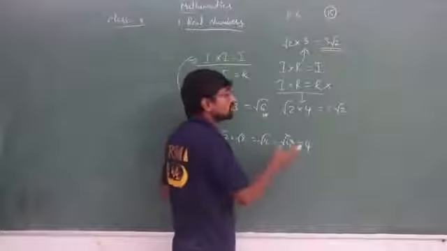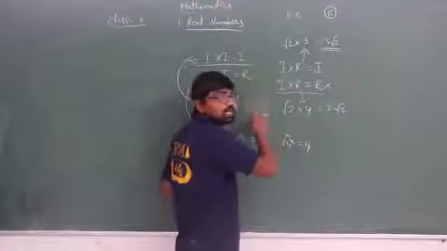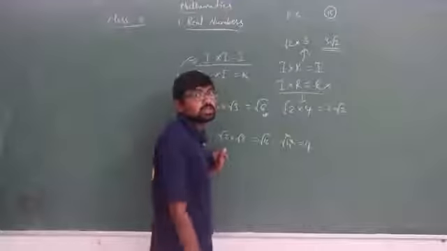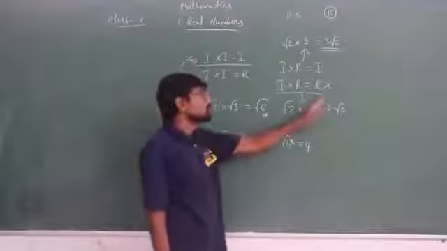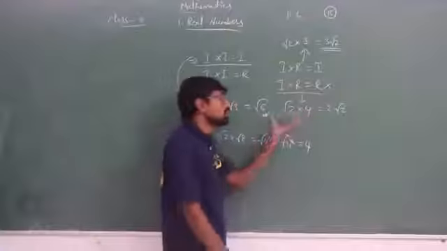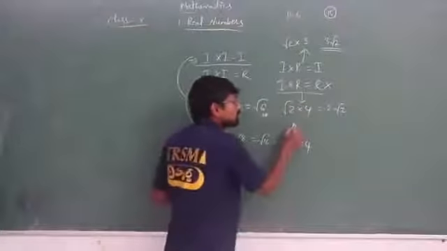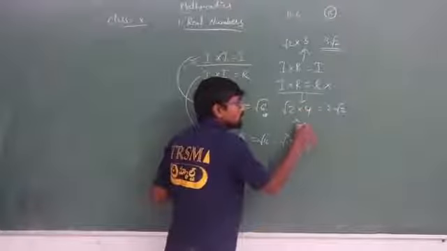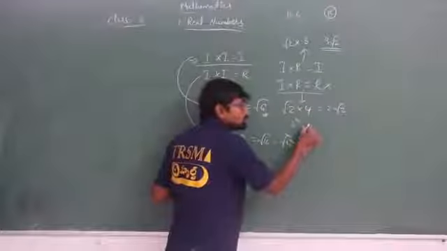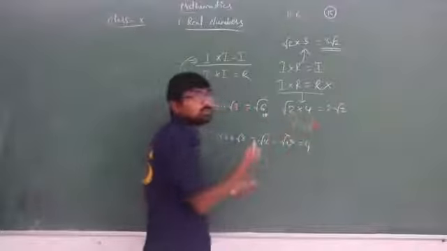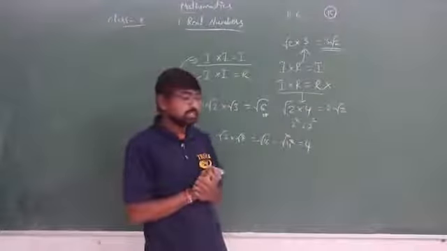Why? Because whenever we multiply a rational with an irrational, the irrational value will be left separately, isn't it? The rational value will be separate. We can't multiply 2 4s are 8; they can't be multiplied. Why? Because the power of 2 is 1 by 2 here, and the power of 4 is 1 here. It can be converted as 2 power 2. Again you will be getting integers, isn't it?